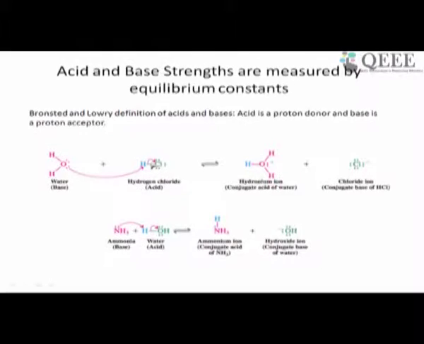When you put HCl into water, HCl is basically a gas. When you bubble HCl into water, the water oxygen has electron-rich lone pairs. The water molecule's oxygen has two lone pairs, and these are electron-rich centers, so they try to approach electron-deficient centers. Here you can see HCl is a polar covalent bond, and when you put it into water, a lone pair of oxygen attacks this H